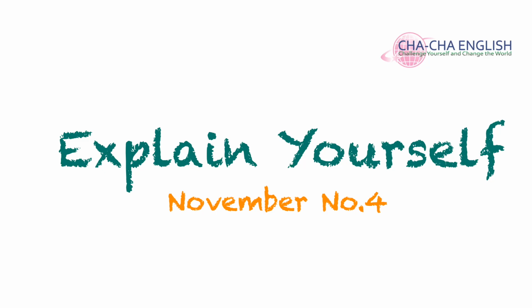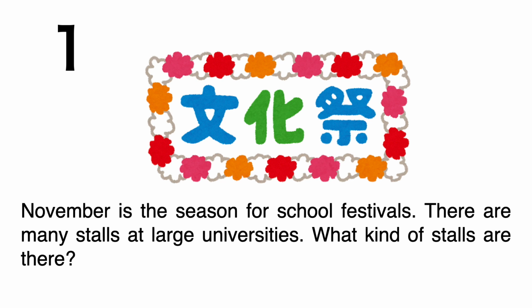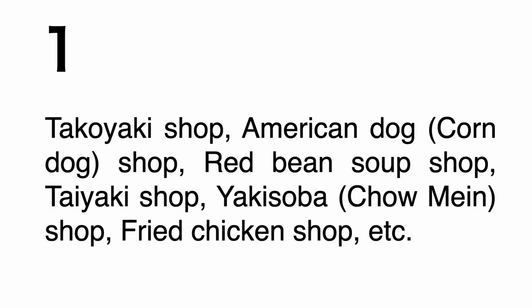Explain yourself. November 4th. Number 1. November is the season for school festivals. There are many stalls at large universities. What kind of stalls are there? Takoyaki shop, American dog corn dog shop, red bean soup shop, taiyaki shop, yakisoba chow mein shop, fried chicken shop,